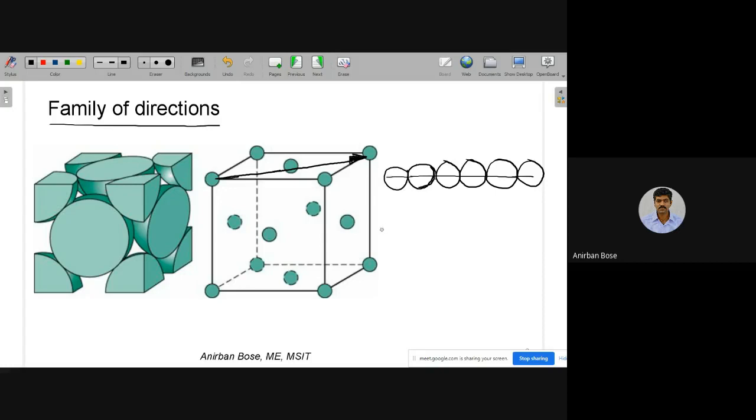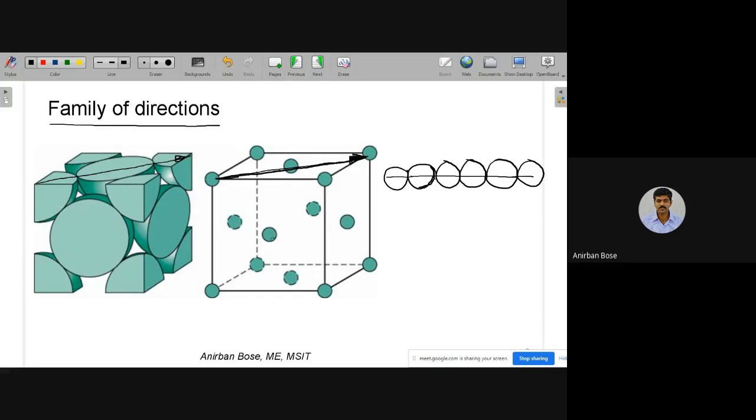Is it clear? Because we know that in case of a face-centered cubic cell, the atoms along the face diagonals are in contact with each other. They are in contact. As you can see here, this is the direction that I want to mention here. You see the atomic position that they are in contact. The atoms along that direction are in contact.